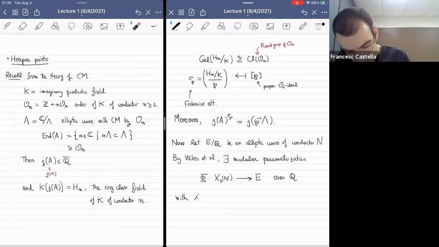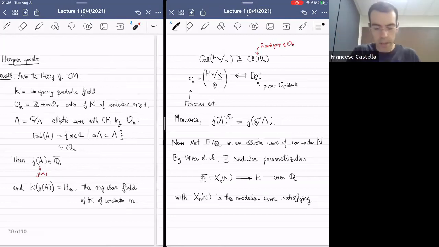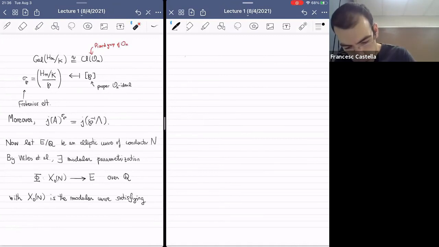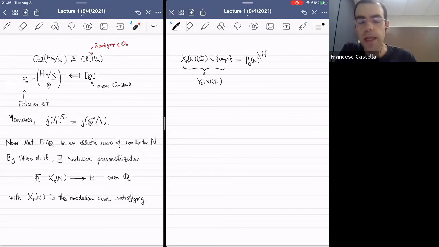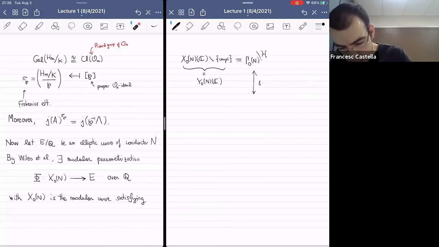Where this X_0(n) already appeared in Anupam's talk. So this is the modular curve, satisfying the following modular interpretation. We can look at its C-valued points with the cusps removed, which is usually denoted by Y_0(n). Well, first, it can be identified with the quotient of the complex upper half plane by the action of Gamma_0(n), this congruence subgroup. And this is in one-to-one correspondence with